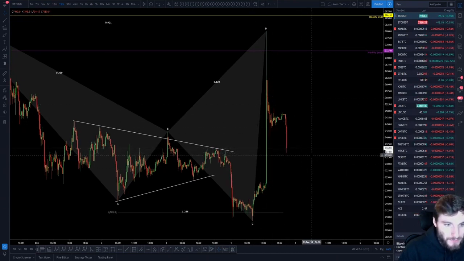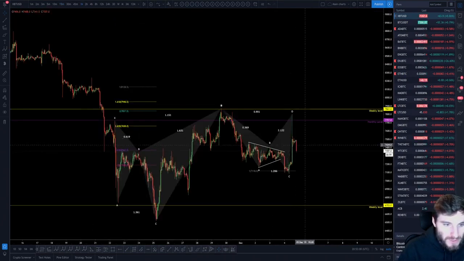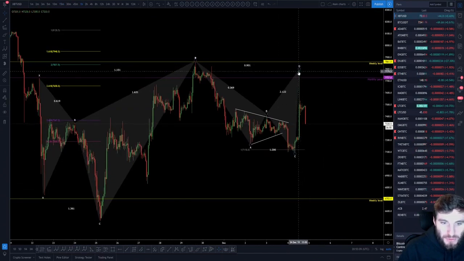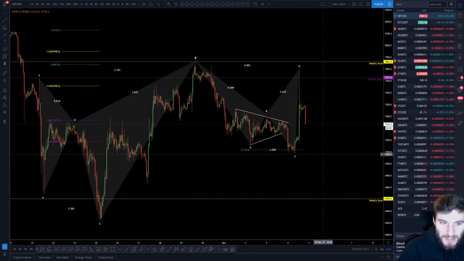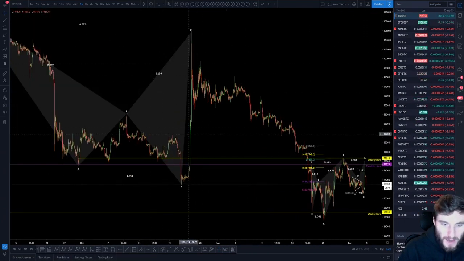And this fractal probably is going to play out. That's really, really bearish, actually, that we're coming down to this low. If I'm honest, that's not great for any Bitcoin bulls. That clearly looks as if that is a short squeeze and you're coming down lower. That's what I would say at the moment. That was a short squeeze and you're heading down. And it really looks like this fractal is going to play out.